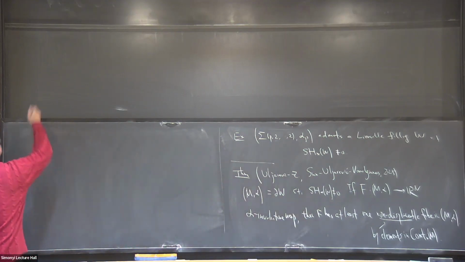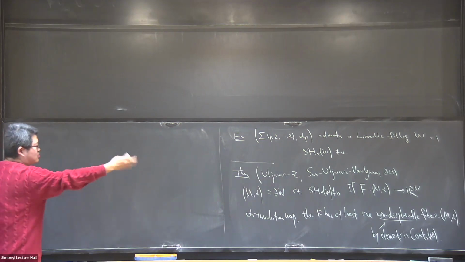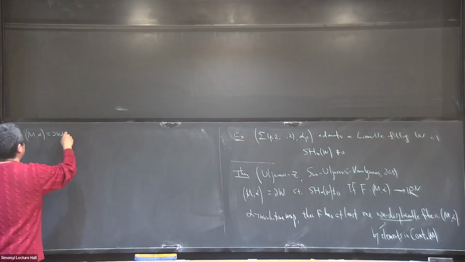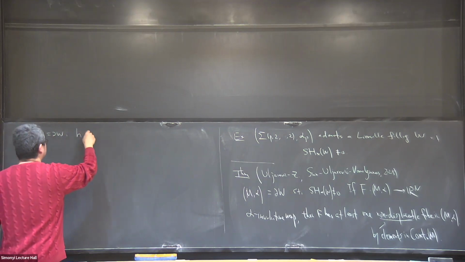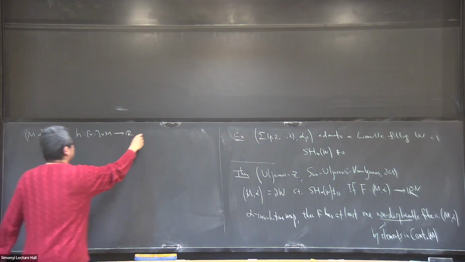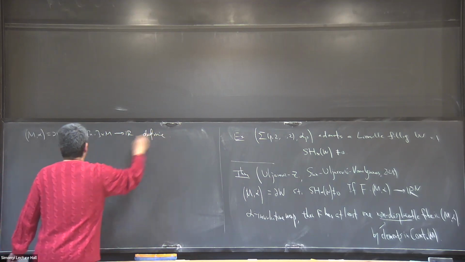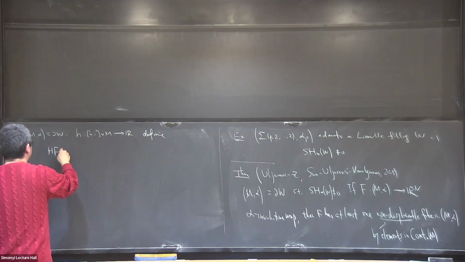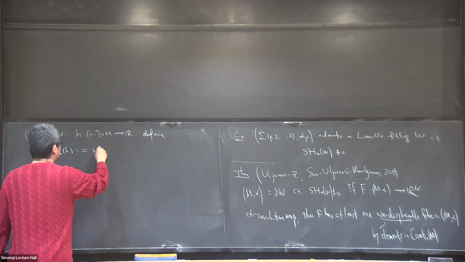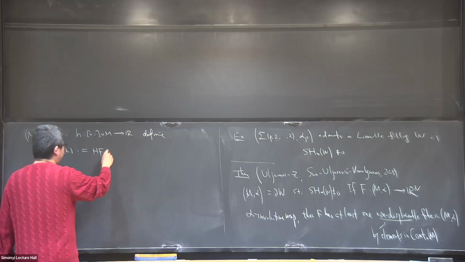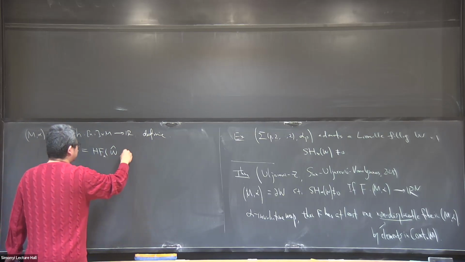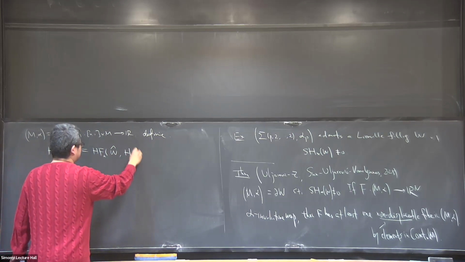So I'll probably just tell you directly how to construct that. So here's our contact manifold. Then we define the contact Hamiltonian Floer homology for this H. This is a symplectic version of Hamiltonian Floer homology. It's defined on the completion, but the Hamiltonian function is this capital H with small h, where